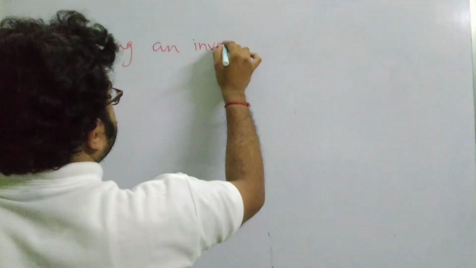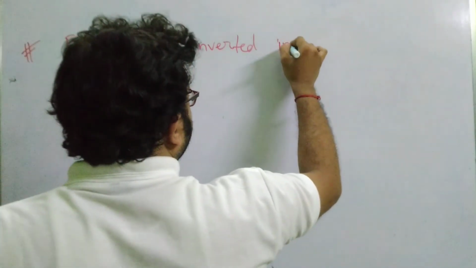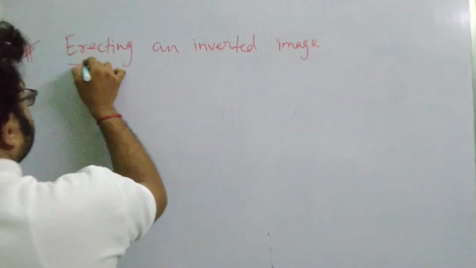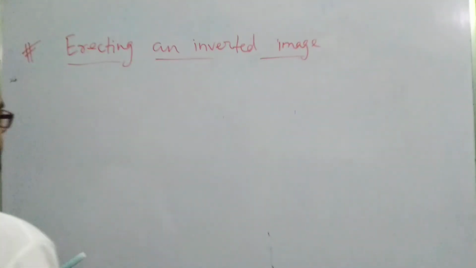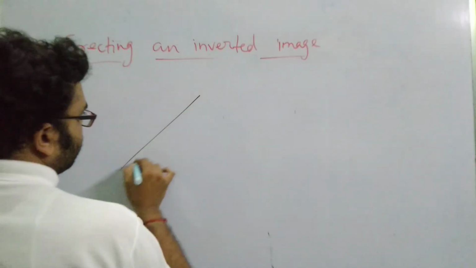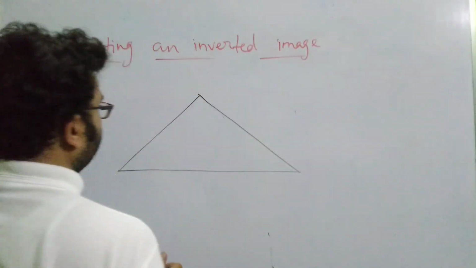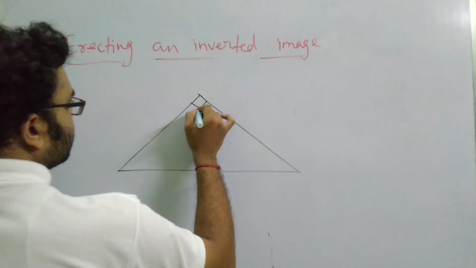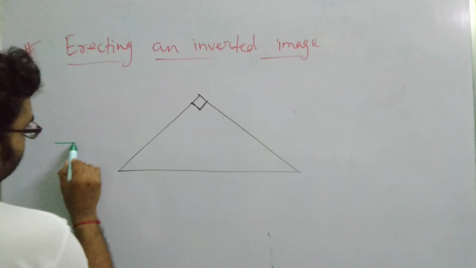How can you do this? Let us see. Inverted image. So if I consider again, we will be drawing the prism here. The prism configuration will be the same, but the light that will be falling will be in a different way. This is a 90 degree angle, a pure 90 degree angle. Now, what happens here? We are considering a light ray, now coming from this direction.